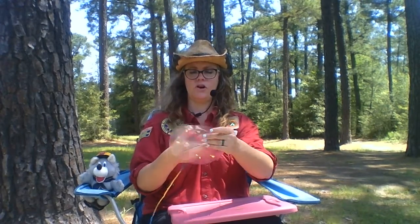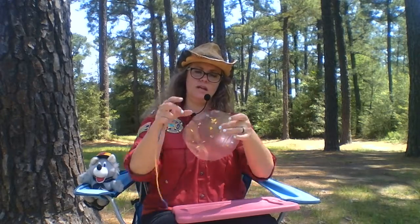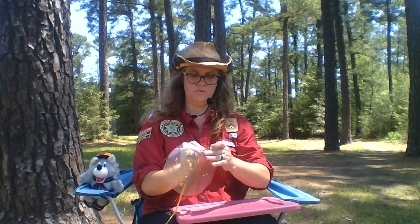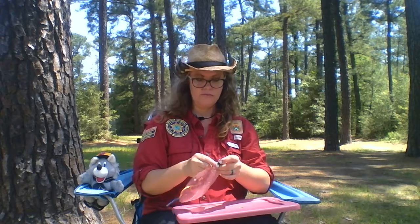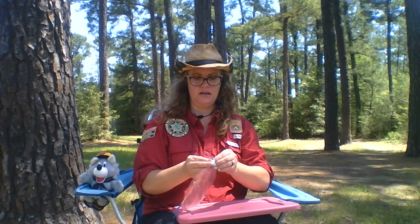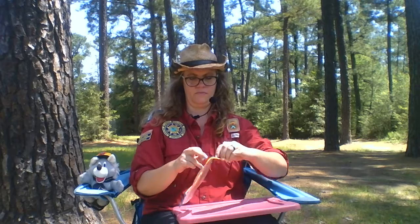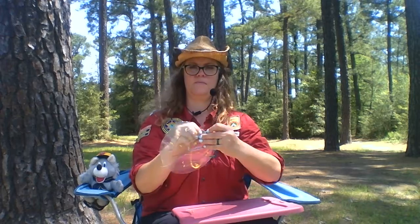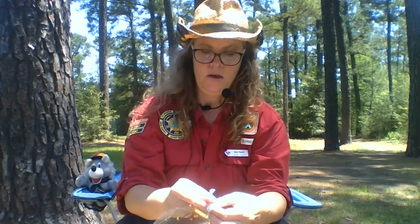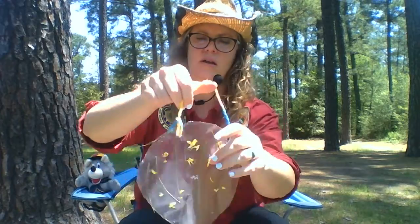You don't even have to use yarn or string. You could just take some clear tape and tape it to the window. That would be pretty too, and then you wouldn't have to hang it. So I'm going to put my yarn through my hole, and then I'm going to make a square knot, right over left, left over right, and make a little knot through one hole. Okay, now I've got this hole here. I'm going to make my string go through that hole as well. Right over left, left over right for our square knot, and boom. Now I've got a second